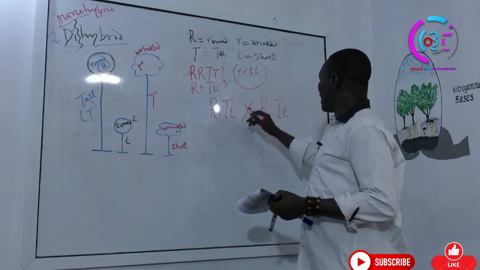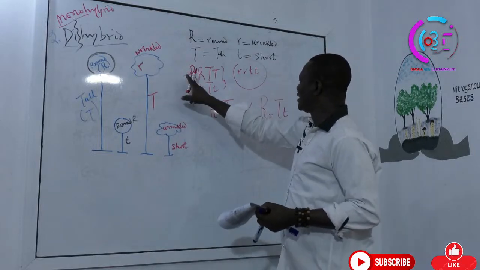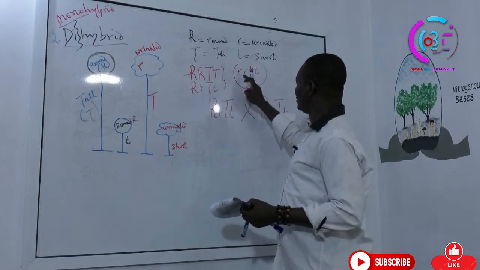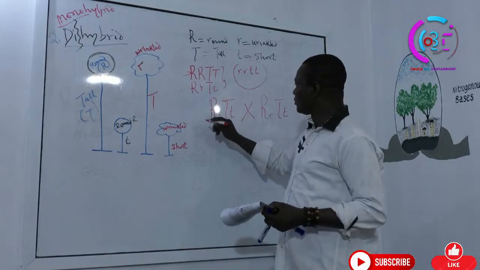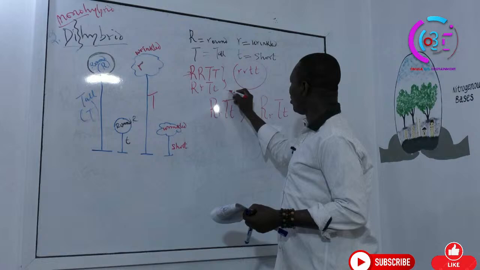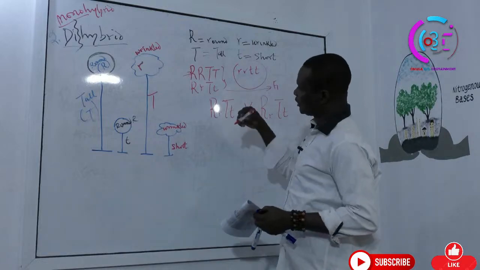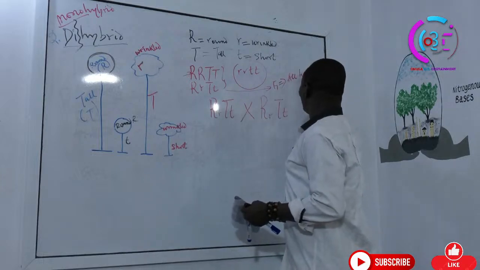Don't forget how we arrive at this: you pick this, then this one is this, then this one is this. So that's why for the second law, the F1 is going to be what? All will be heterozygous,